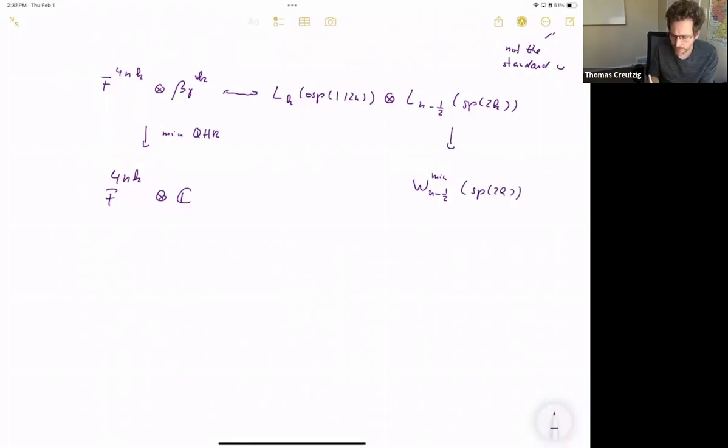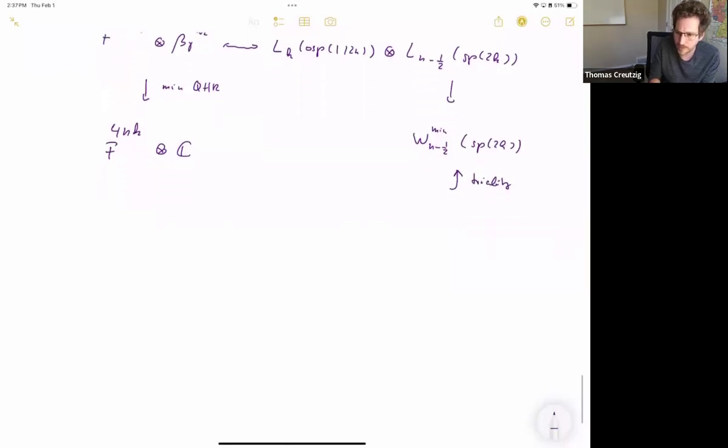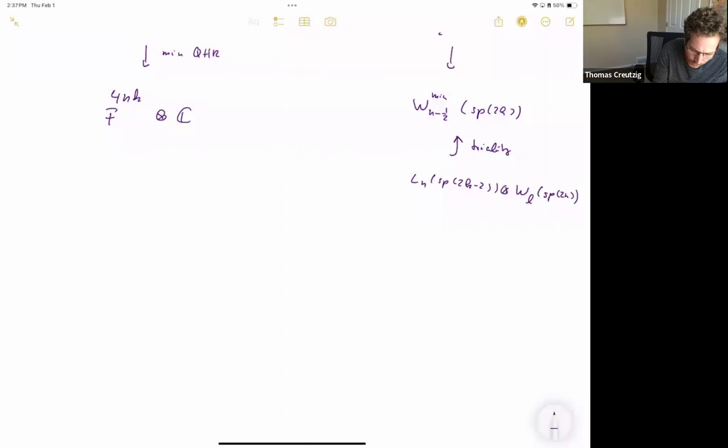And one thing that follows from the orthosymplectic triality of Andy and me is that this is a conformal extension of an affine VOA of SP1 rank less times principal W algebra of type SP2N, and the level is exactly the level that I stated above. But now think about what you can do here about 4n times k free fermions.